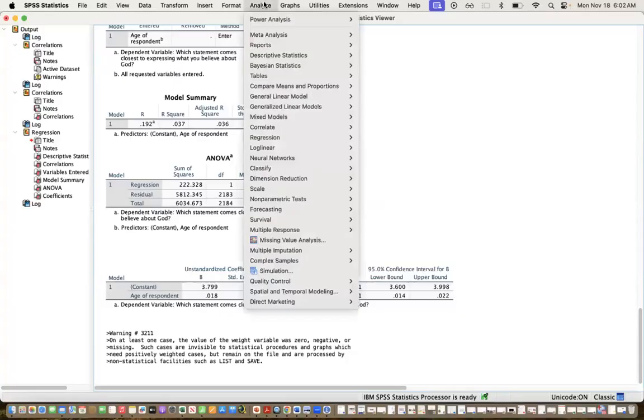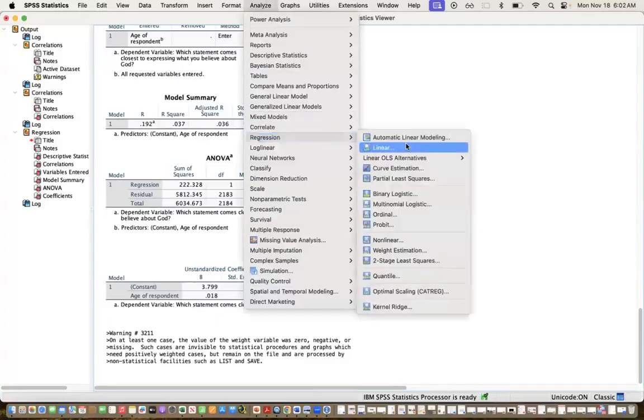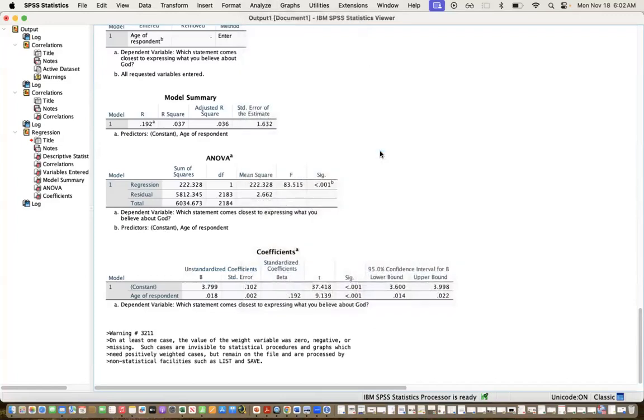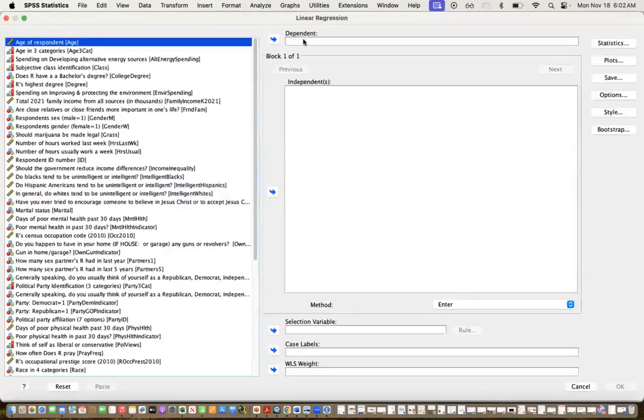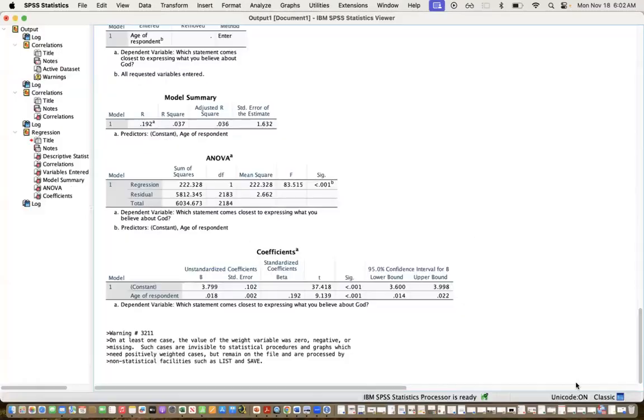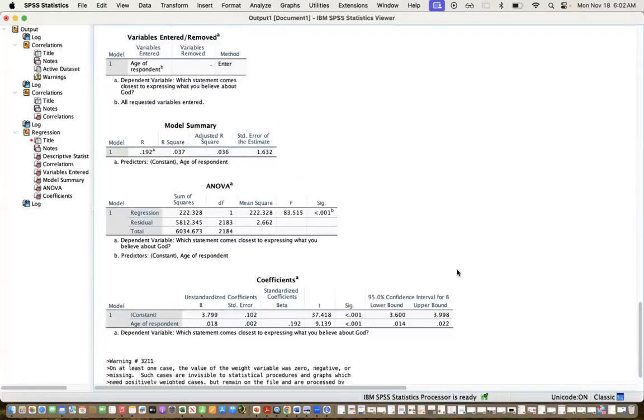I think the correlation matrix is a little easier personally because you can do more at once. If I were to do this like a regression linear, put theism in here, independent variable in here. Okay, so